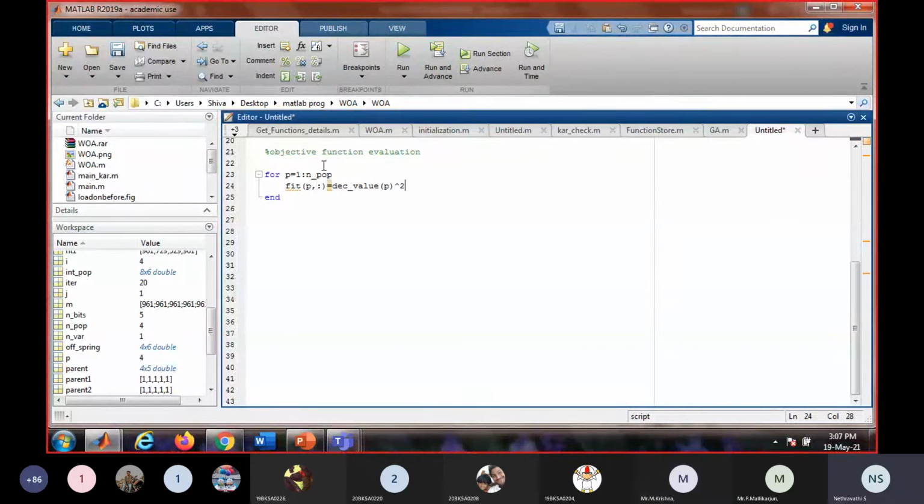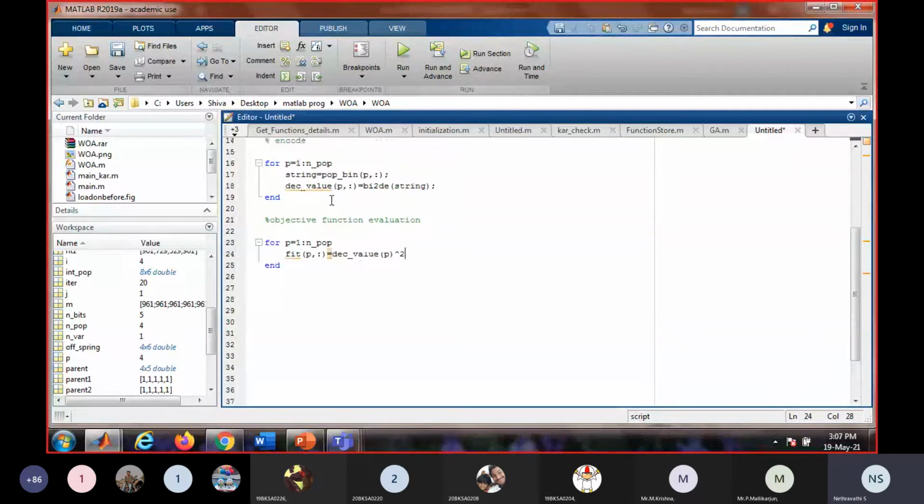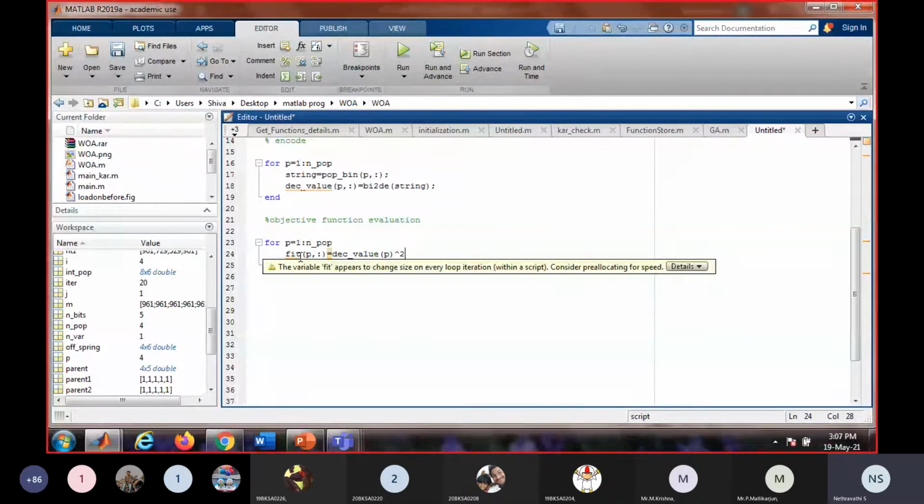X square. So x here is nothing but the decimal value, so decimal value of p. It will take each value of the array, so decimal value of 1 means it will take the first x value, the decimal value of 2 means it will take the second decimal value, and to the power of 2. And all these values will be saved as another array which is called fit.